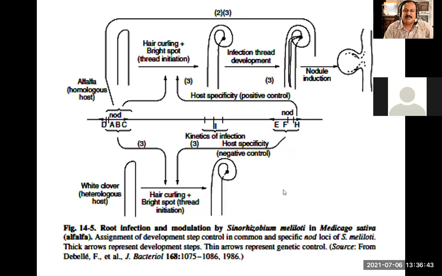Okay, I'll skip this slide. This is only a small extension of the earlier slide, but nothing more important here. The only thing shown here is the number of genes, the NOD genes. The NOD genes stand for nodulation genes. Some of these genes are important for the process of infection. We are not going into the genetics of this process.